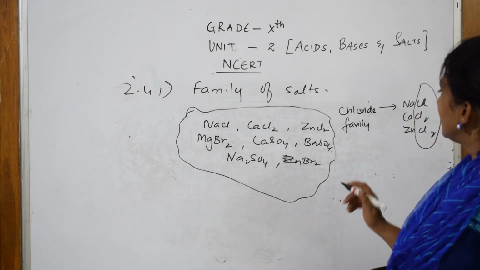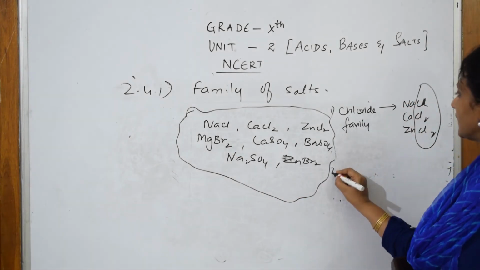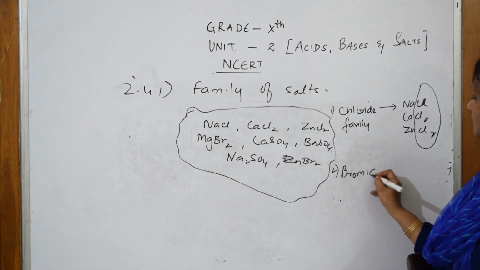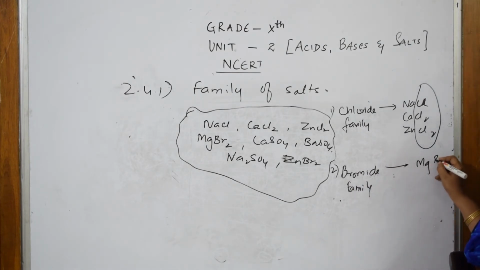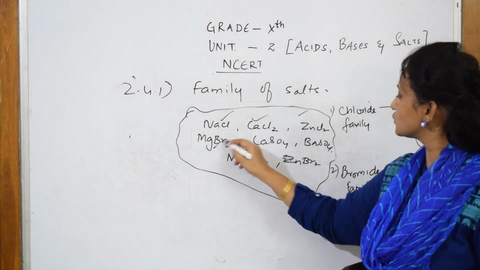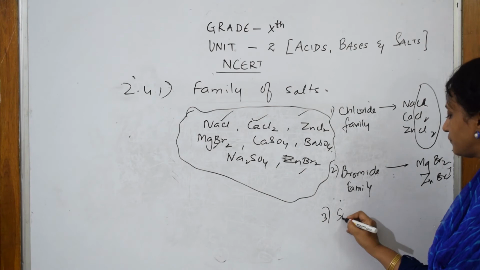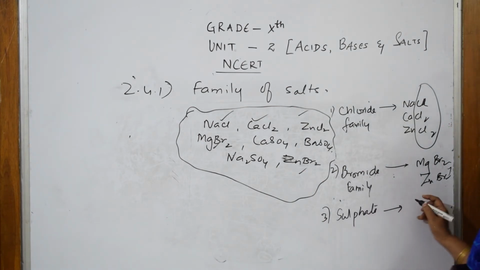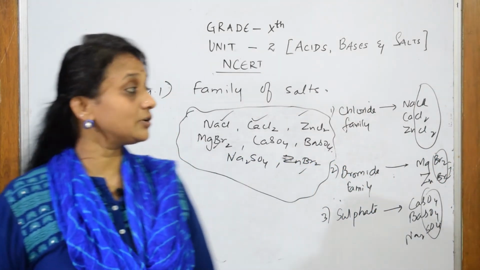That's over. Next, let us come to the next one. Bromide family. Anything there? One bromide is here, one more. Okay. So in the bromide family, I am going to take two: magnesium bromide and zinc bromide, both. This is over. Now next I have an important one, the sulfate family. In the sulfate family I have three examples: calcium sulfate, barium sulfate, sodium sulfate. So here all the sulfates are similar, bromides are similar. Like this we are going to classify.